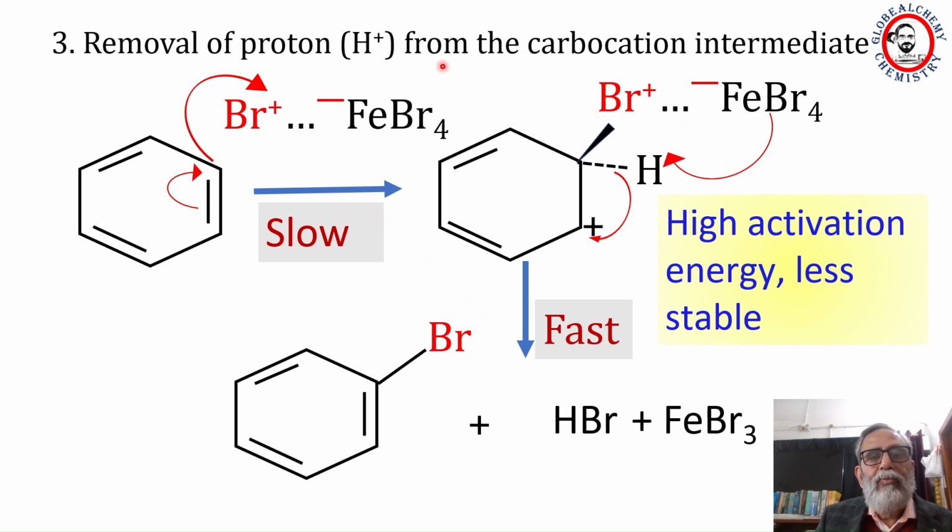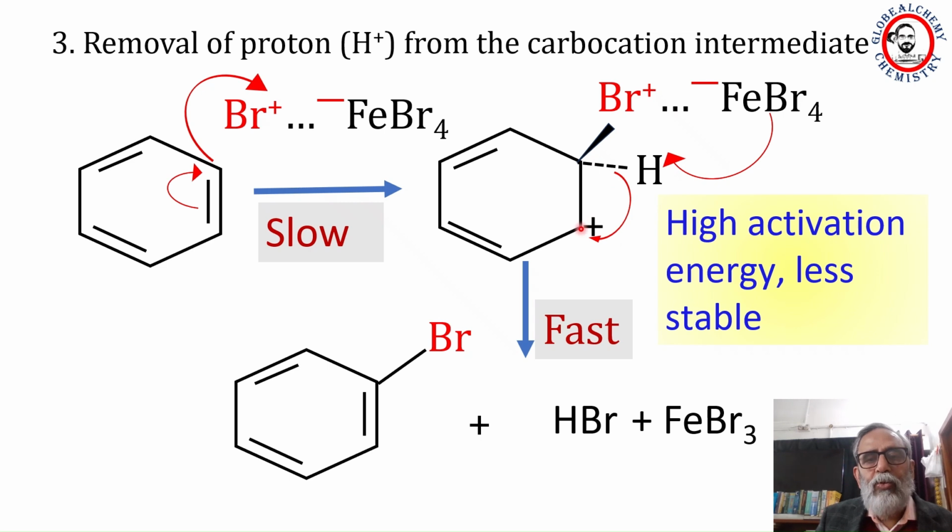Now the third step is the removal of the proton from the carbocation intermediate. The intermediate formed due to the electrophilic aromatic substitution is this complex, where the electrophile attacks here, and this intermediate formed has high activation energy. This is unstable, and